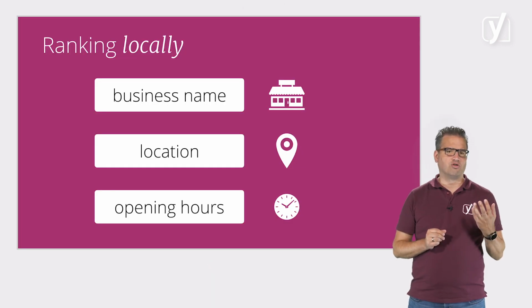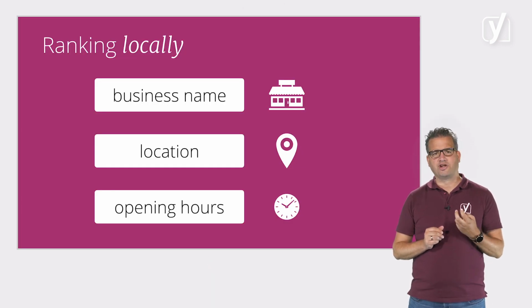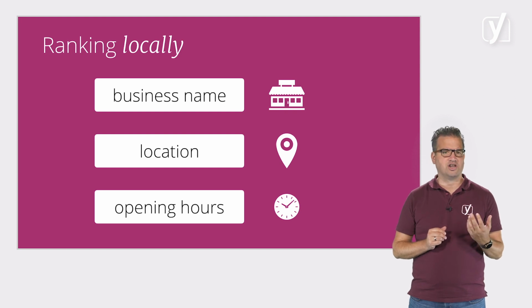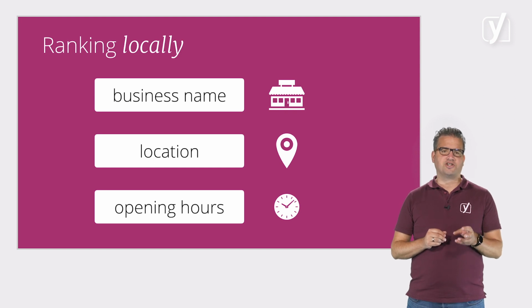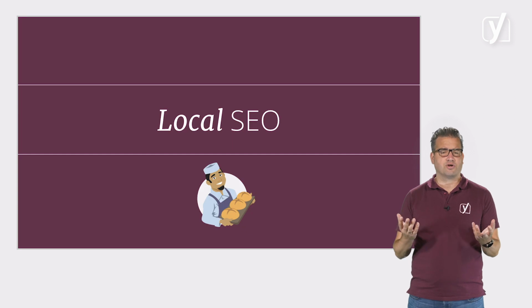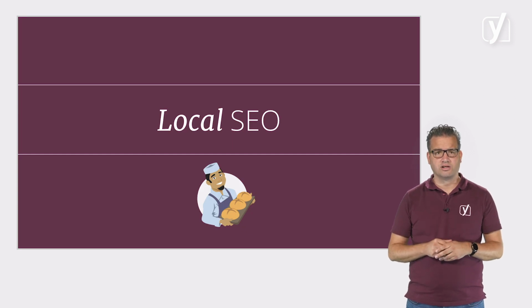So far, we've talked about getting certain types of content displayed as rich results. But what if you have a local business and you want to perform better in the search results? Ranking locally requires a somewhat different approach than the usual SEO efforts. For example, to rank as a local business, you need to give search engines information such as your business name, location, and opening hours. Ideally, those bits of information need to be tied together so that search engines can understand them. This is what our local SEO plugin does.